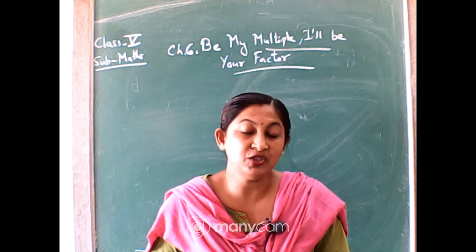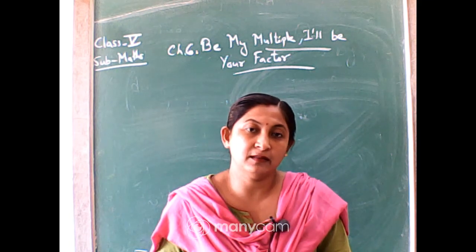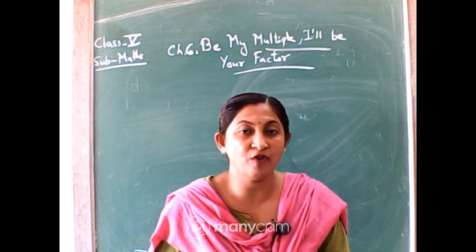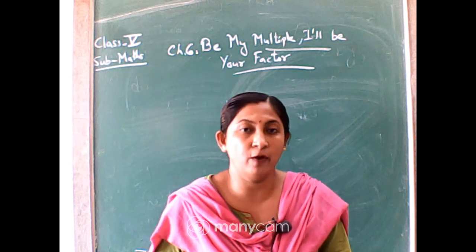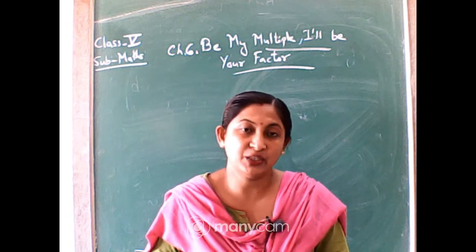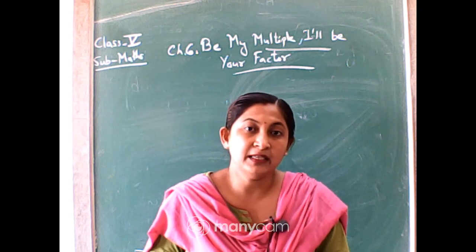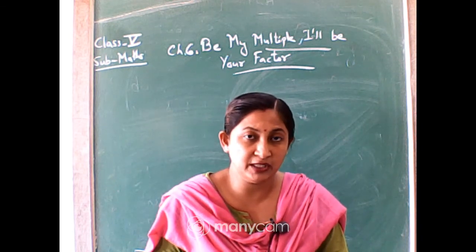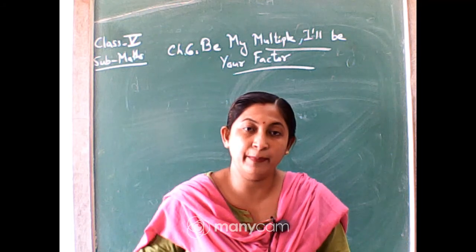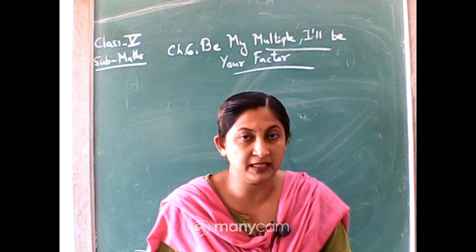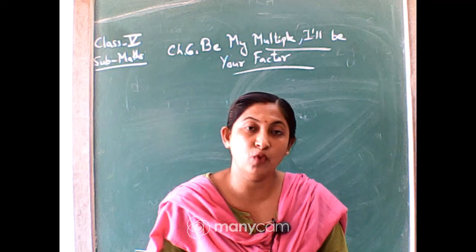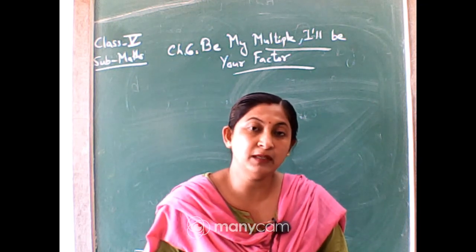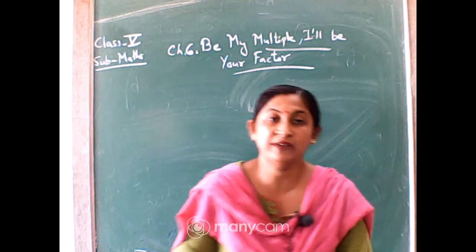In this factor tree, there will be some numbers given, okay, and you have to make the factors of those numbers in a tree form, in a branches form, okay. So that's why it is called the factor tree. These factors you have done in composite maths. That means you were dividing them separately and then finding the factors, isn't it? After that you were seeing what is the HCF, what is the LCM. Another method, you were taking the numbers and dividing, that was the shortcut division method, okay.